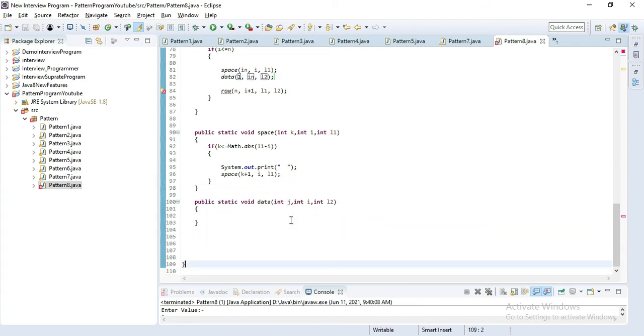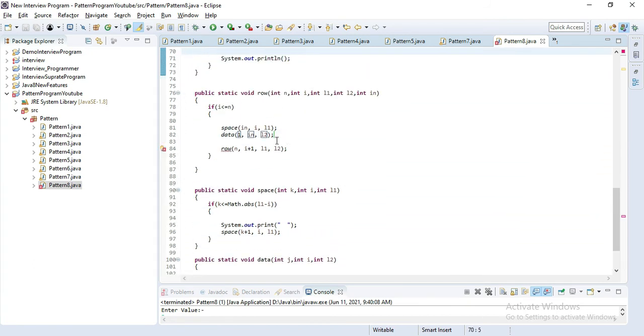Let's check what we declared here, the I value. I'll simply pass I here, then L2. Okay, let's save this and add here comma int, save this.